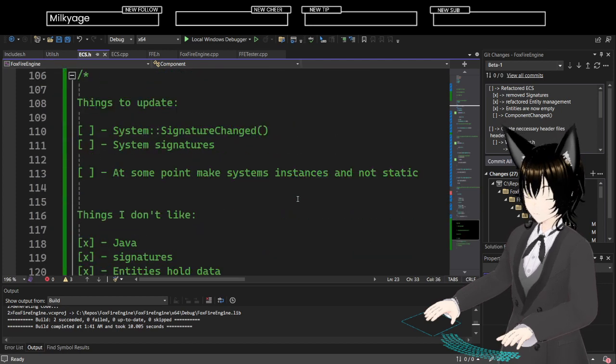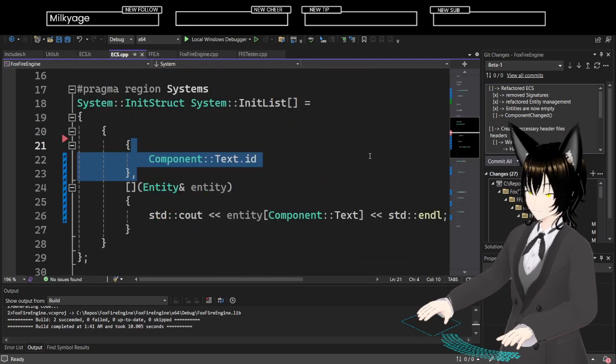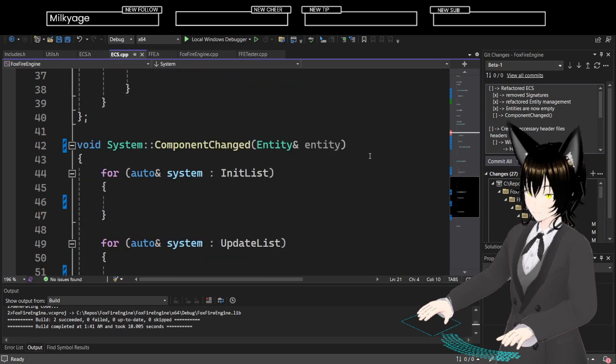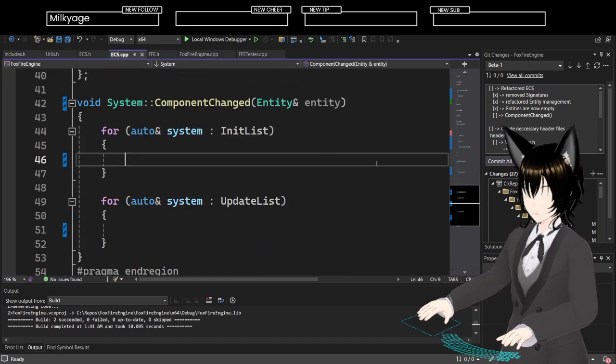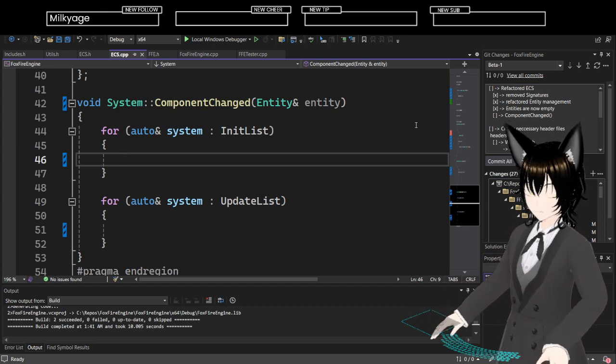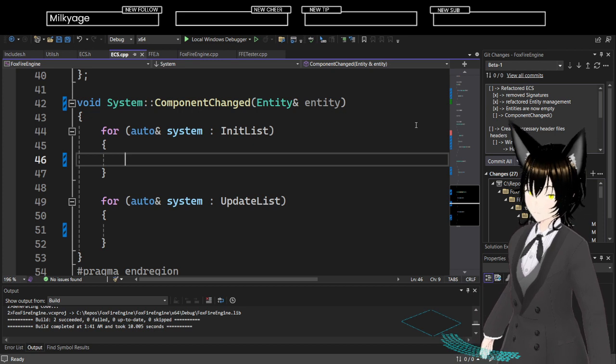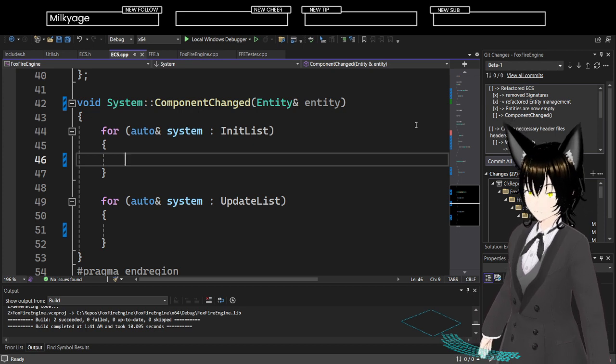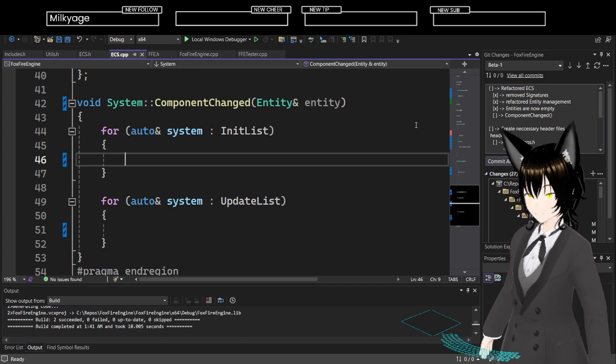So yeah, you need to figure out how to manage the component changed, right? So for every system in the init list, you need to see if the entity contains all.